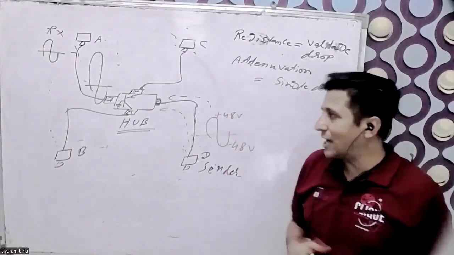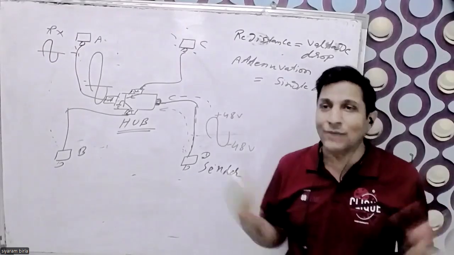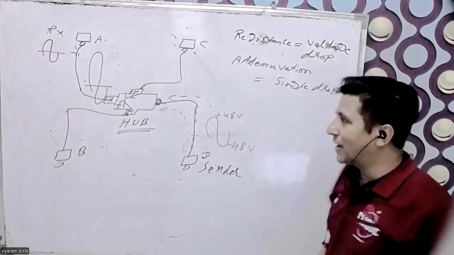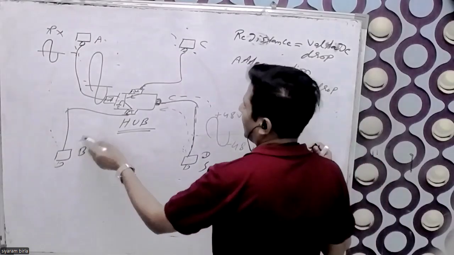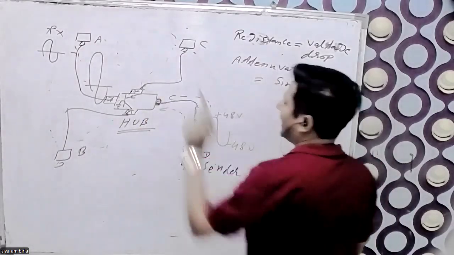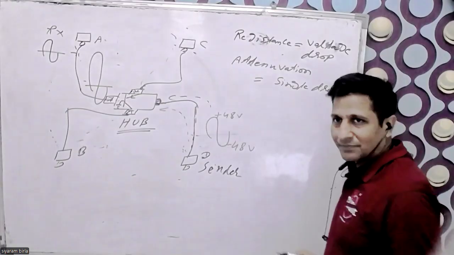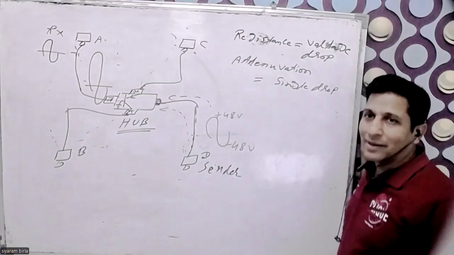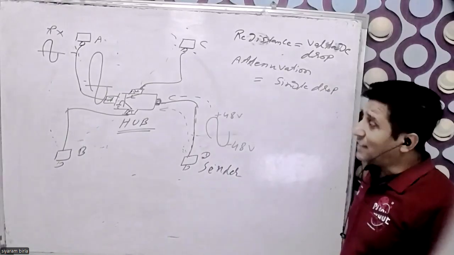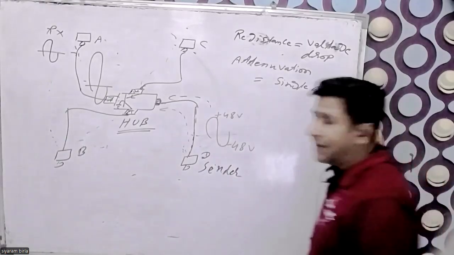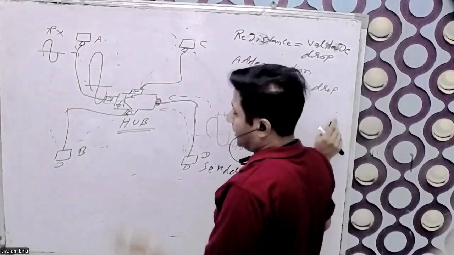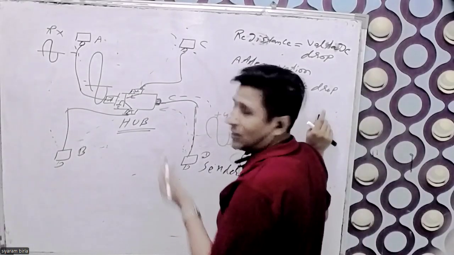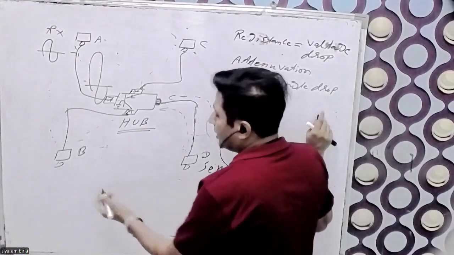So engineers designed the hub to amplify the signal strength. Whenever any PC wants to communicate with another PC, the signal strength never goes down, because it's a proper plug-in port. And the other problem with the hub is that it has a